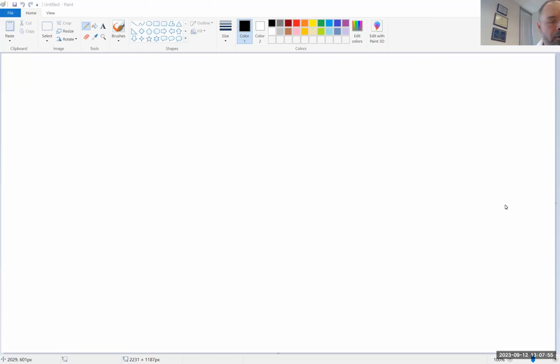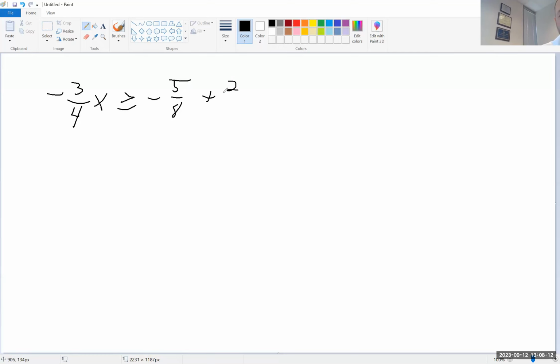All right, we're gonna go ahead and solve an inequality that has fractions in it. And it goes like this. It's -3/4 x is greater than or equal to -5/8 plus 2/3 x. And I'm just gonna confirm that that's indeed the problem that matches the slideshow